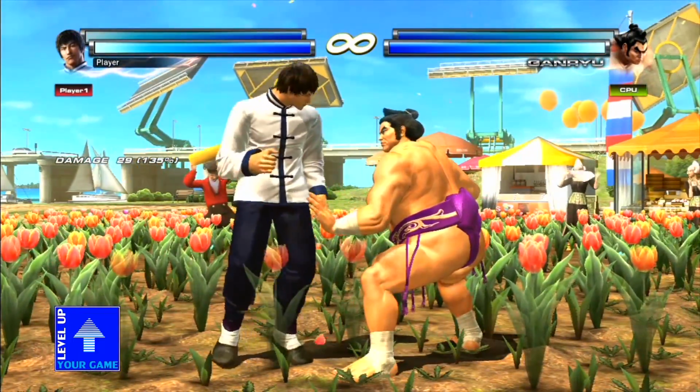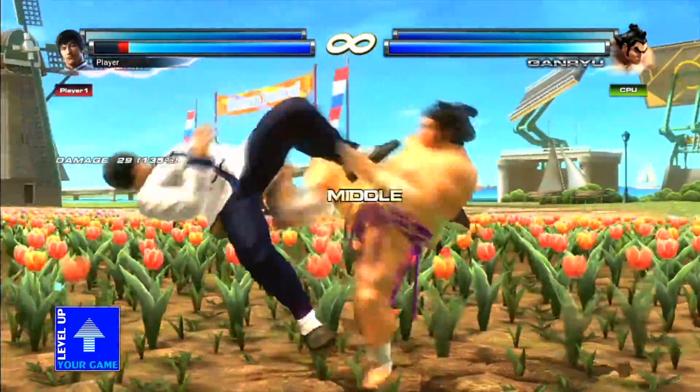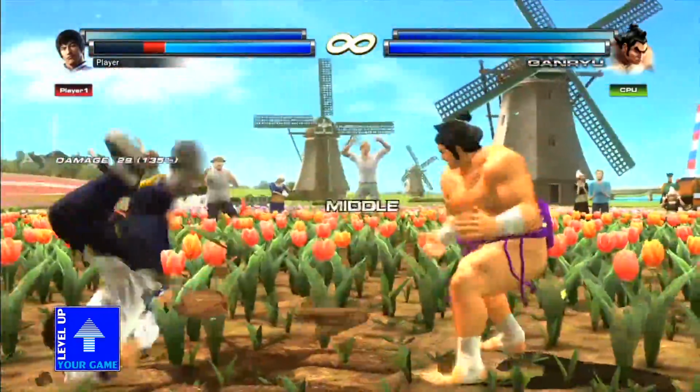Forrest has a mini combo off of his down back 4, but let's show you Ganryu's instead. This guy's down back 2. It's also a combo starter. And so these are the kind of generic launchers that you're going to see in the game that basically get